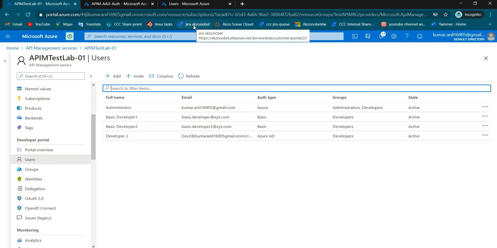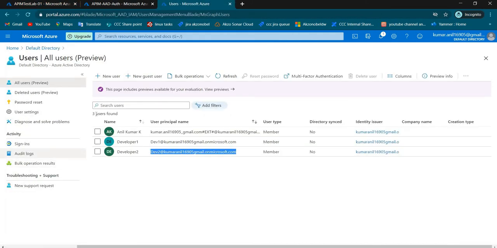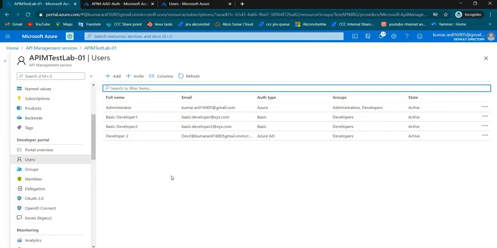So there will be no problem like we might think, okay, once we enable it, all the existing users under APIM will come here. It won't sync. It won't happen unless the user tries to log in, and once the user logs in successfully, only then will one record be created, that too with the authentication type as Azure AD.